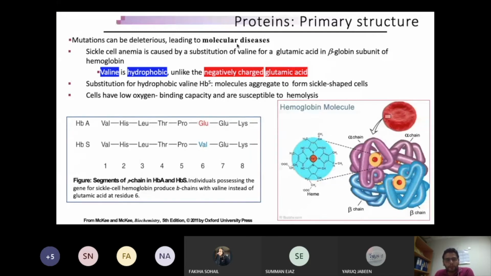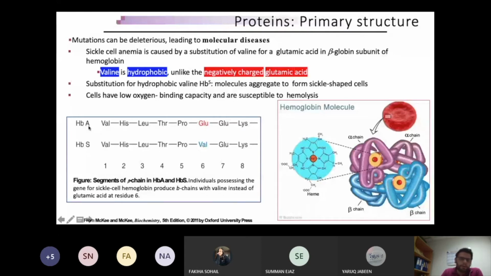The difference between normal and sickle cell hemoglobin molecule is present in the beta subchain of the hemoglobin. As you know, hemoglobin is made up of 4 subchains: 2 alpha and 2 beta subchains, and each of these alpha and beta subchains again joins to the heme molecule, the porphyrin ring, and then the iron molecule which is present in the middle, and this is how it is happening. So what is different in hemoglobin A and hemoglobin S?